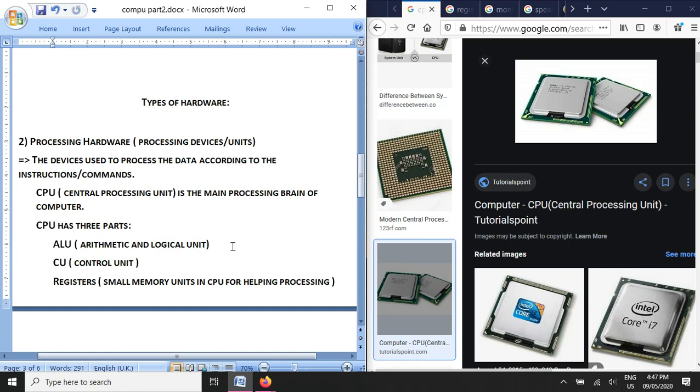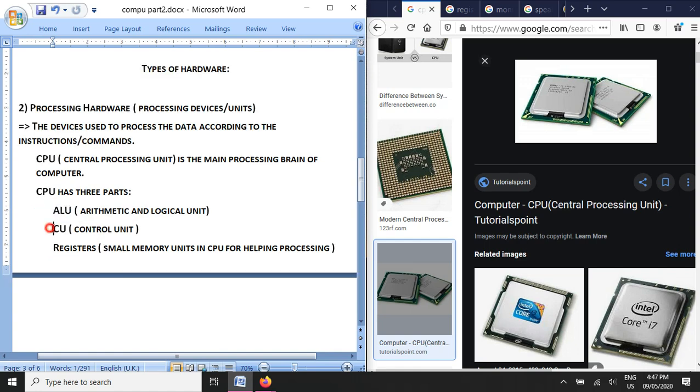That is the main processing part of the CPU, where all the arithmetic, means mathematic, and logical, means non-mathematical processing, like mathematical means addition, subtraction, division, multiplication, square and square roots. Those are the mathematical operations. And now logical means comparing between two quantities, like which is greater, which is smaller, which is longer, which is shorter, which is red, which is green. In this kind of cases we don't have to calculate, but we have to logically process them. So for the logical processing as well as arithmetic processing, there is the ALU, arithmetic and logic unit.